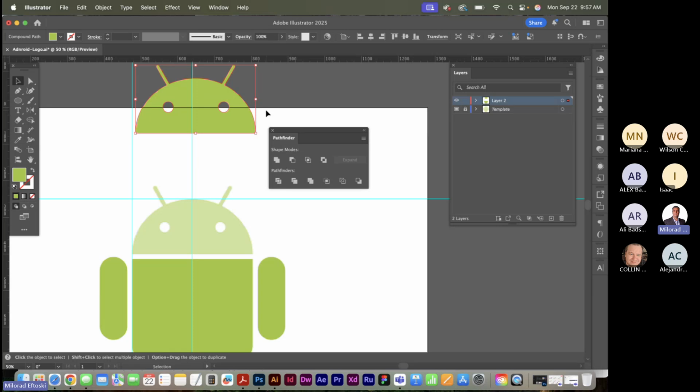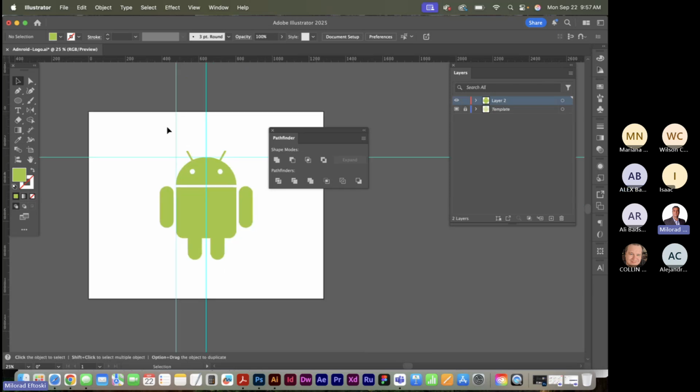I did this with the logo exercises in the previous lessons too. I think I did it last lesson. I punched a hole through the business card or the letter. So same thing. That's what minus front does. Nice. So why is this important? Because if you're doing this on a bag or on a promotional item or on a t-shirt or something,